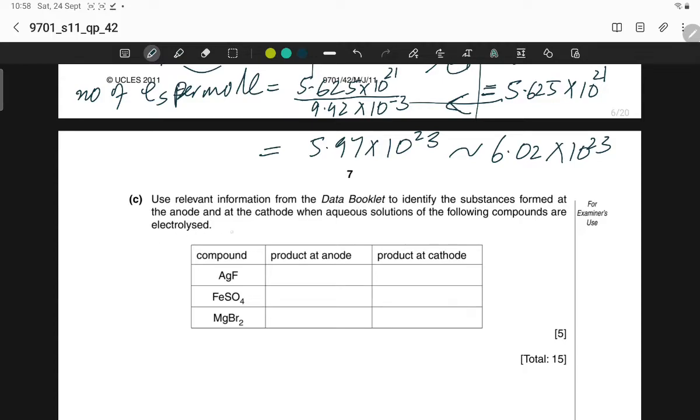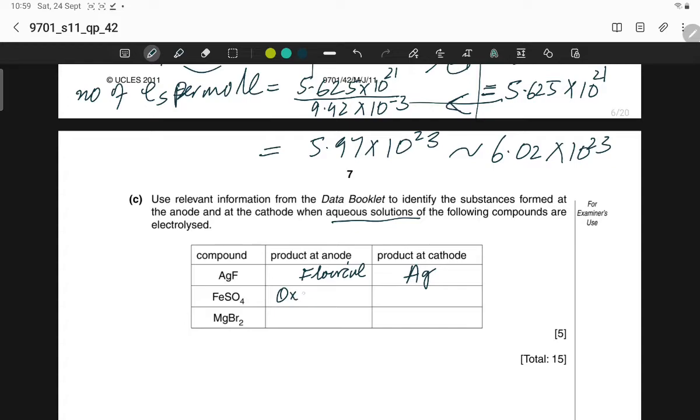The substance formed at the anode and at the cathode when aqueous solutions of the following compounds are electrolyzed. Silver fluoride, when the aqueous solution is concentrated: the product at the cathode is silver and fluorine gas. Iron(II) sulfate,